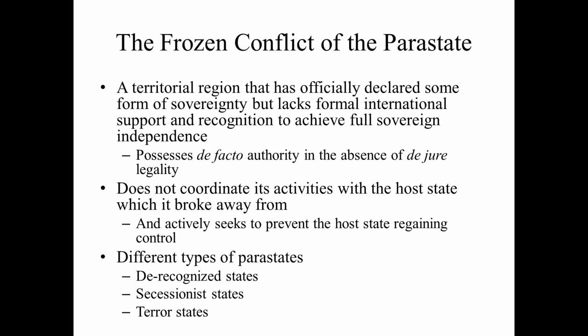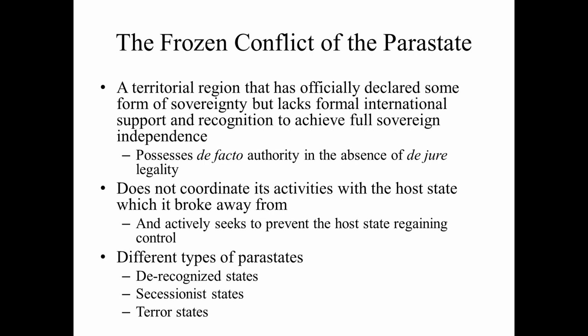Another example of a terror state was the briefly held Republic of Azawad in western Africa. It was a breakaway region of the country of Mali, which started out as a secessionist parastate, but then was taken over by an al-Qaeda affiliate, Ansar al-Din. And that just kind of delegitimized any kind of claims to statehood. The thing about terror states is that they might control territory and they might function like a state in and of itself, but they rarely will get international support, right? It is rare, if not impossible, for international states to lend recognition or support to parastates founded on terrorism.